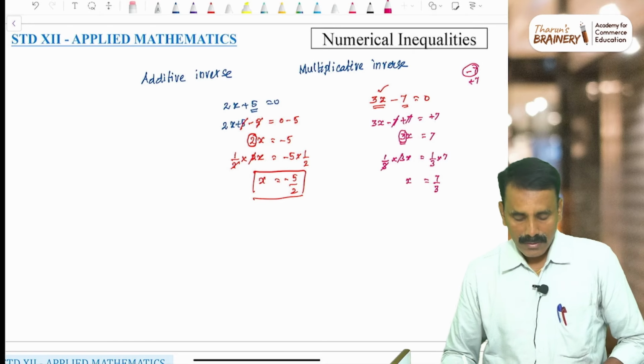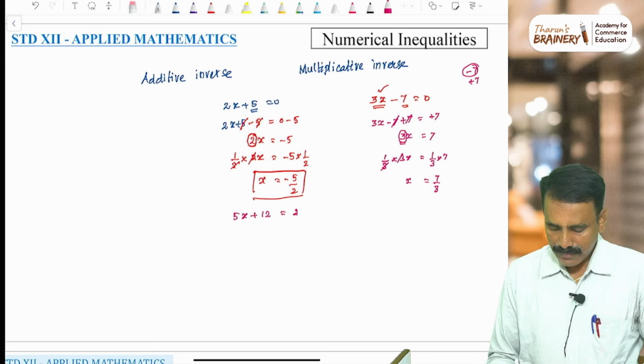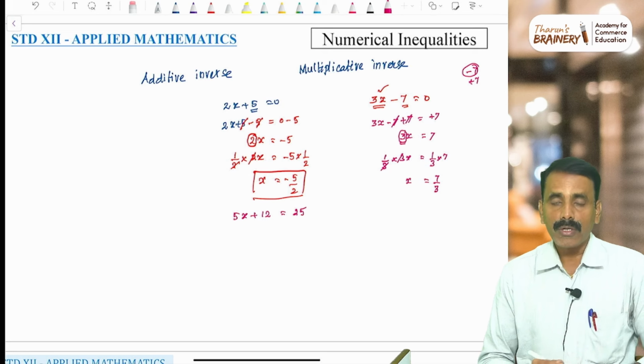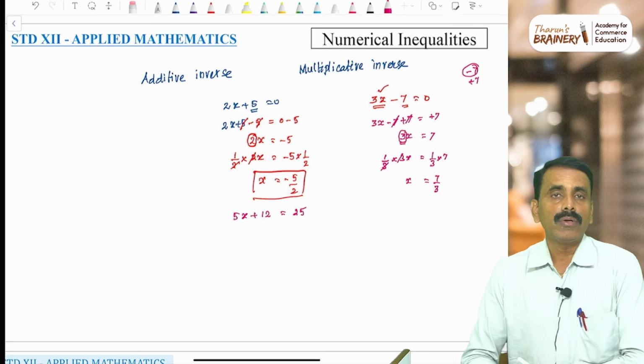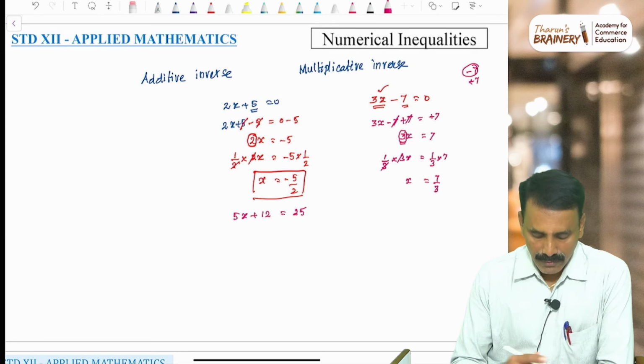Is it clear? Suppose I have 5x plus 12 is equal to 25. What should I do now? I want to get the value for x which will satisfy this equation. So, first I should take,